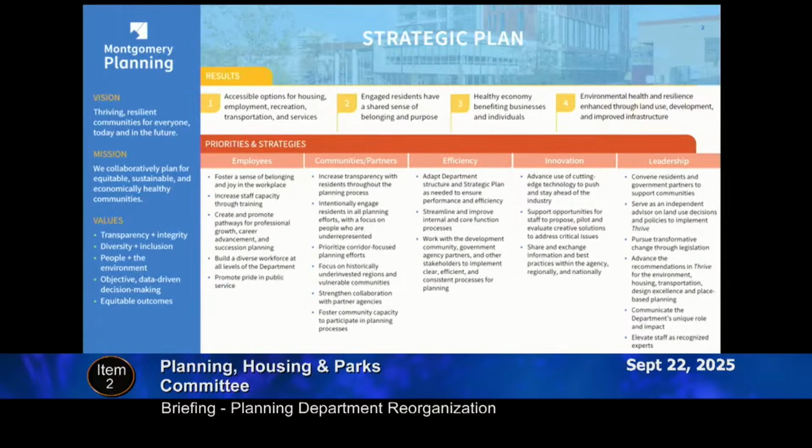So one of my first priorities for the department at that time was to prepare a strategic plan, as you see in front of you here. As far as we knew among our leadership, and I've been with the department for 10 years, Bridget's been with us for 12 years, and Robert's been with us for 25 years, in all of our awareness, we had never had a strategic plan for the department. So to me, this seemed like an opportune time to be preparing one. Not only did we have new leadership, but we had a new general plan that established new land use priorities and direction for the county.